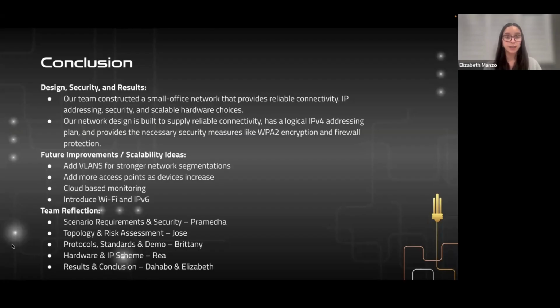As for scalability, as technology demand grows, it becomes just as important as initial performance. So to support future expansion, we identified several strategic improvements: introducing VLANs to strengthen segmentation and reduce broadcast traffic, deploying additional access points to handle increasing device loads, and implementing cloud-based monitoring for better visibility, remote management, and proactive troubleshooting. Finally, adopting next-generation capabilities like Wi-Fi 6 and IPv6 will further modernize the infrastructure, increase efficiency, and prepare the network